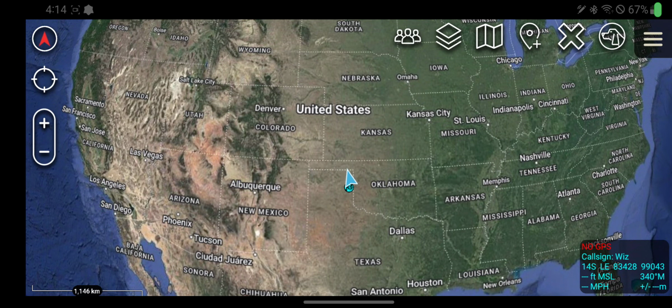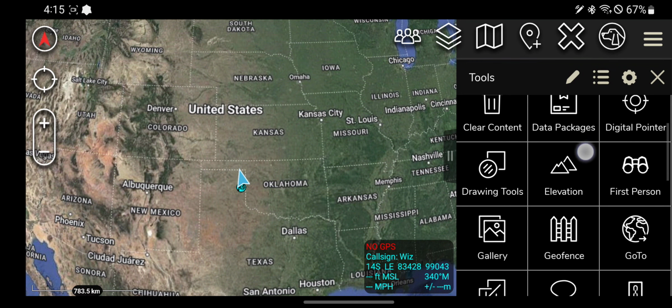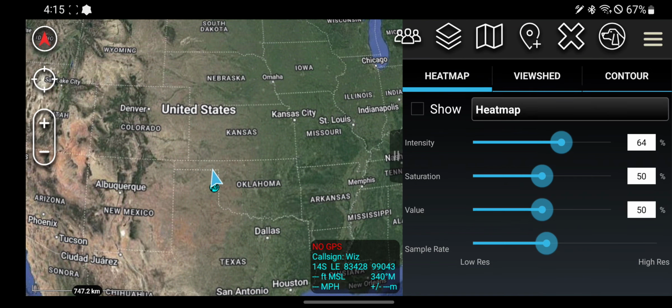Hey guys, the next tool I'm going to show you is the elevation tool. Pretty cool. We're going to go down in the toolbox to elevation. What this effectively does is, on ATAK there is a file type called DTED, D-T-E-D, and that is elevation data